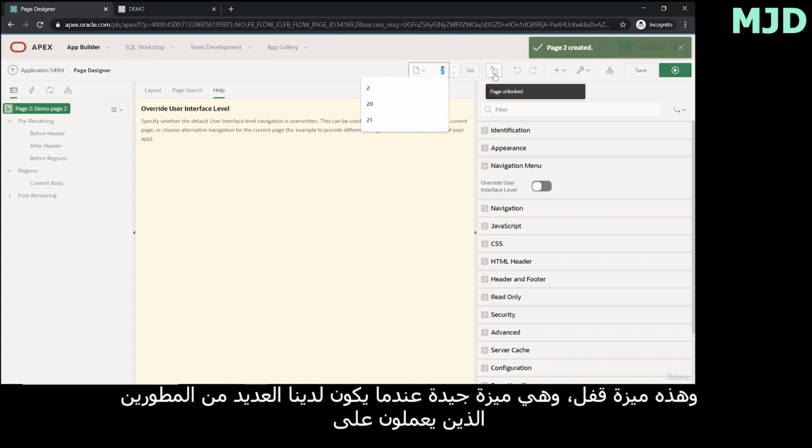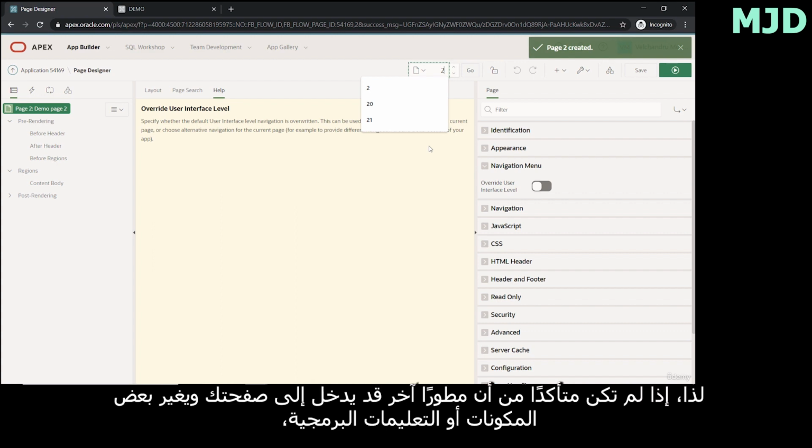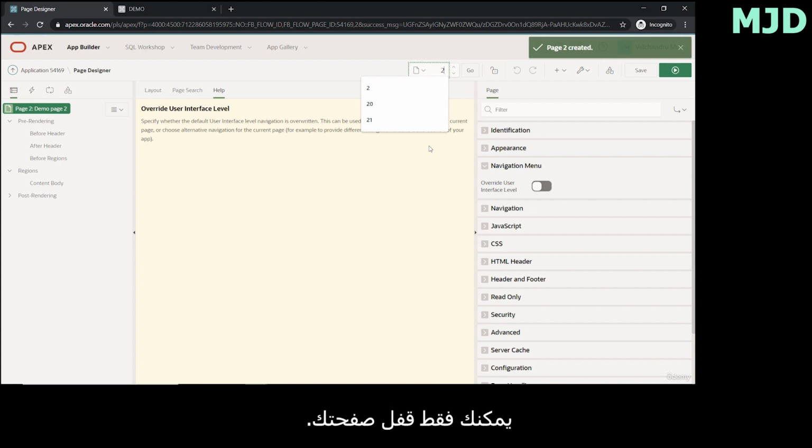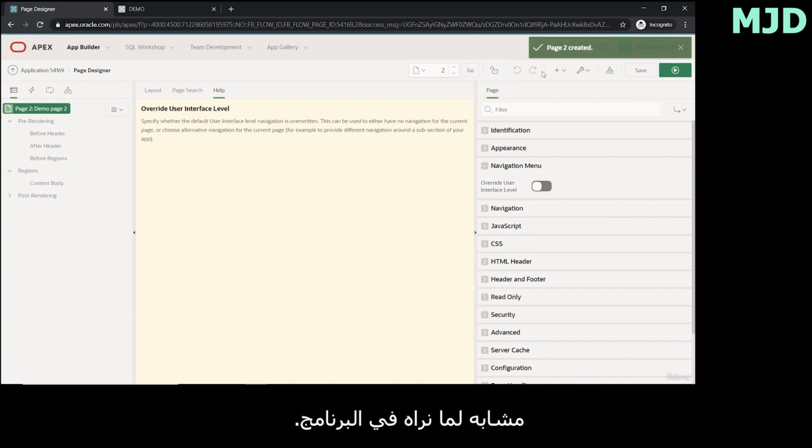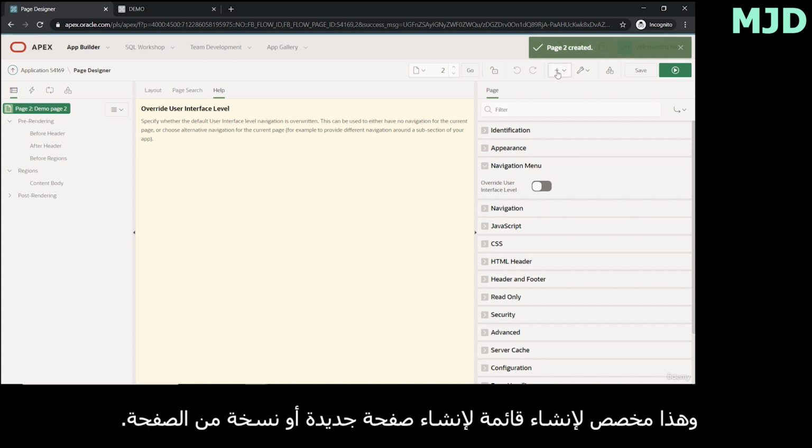and click on go. And this is a lock feature, which is a good one when we have multiple developers working on a particular page. So if you are not sure that some other developer may enter your page and change some components or code, you can just lock your page. And then we have these redo and undo buttons. If you want to undo some changes, you can use this or redo it, similar to what we see in a software. And then this is the create menu, to create a new page or a copy of a